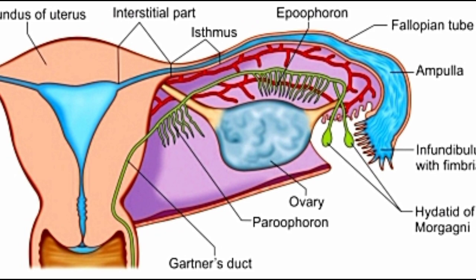It's supplied by uterine and ovarian arteries, drains via the pampiniform plexus, and is innervated by uterine and ovarian nerves. It develops from the Müllerian duct between weeks 6 and 10. This structure is a cornerstone of reproductive physiology,